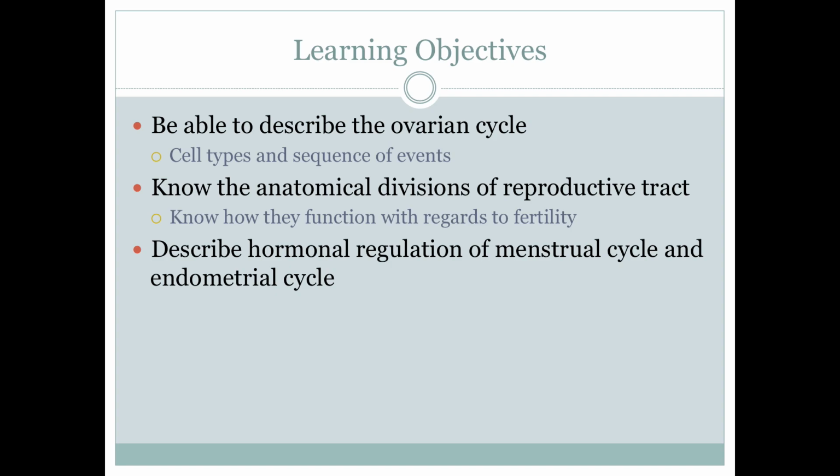Female humans are on a menstrual cycle, which typically is 28 to 35 days. That would be considered a normal length menstrual cycle. Anything that's shorter or longer than that would be considered dysmenorrhea. Dys means bad or deranged. Also, bleeding during that time would be considered abnormal bleeding or dysmenorrhea. So the endometrial cycle and the ovarian cycle are going to function together as a result of these endocrine hormones.